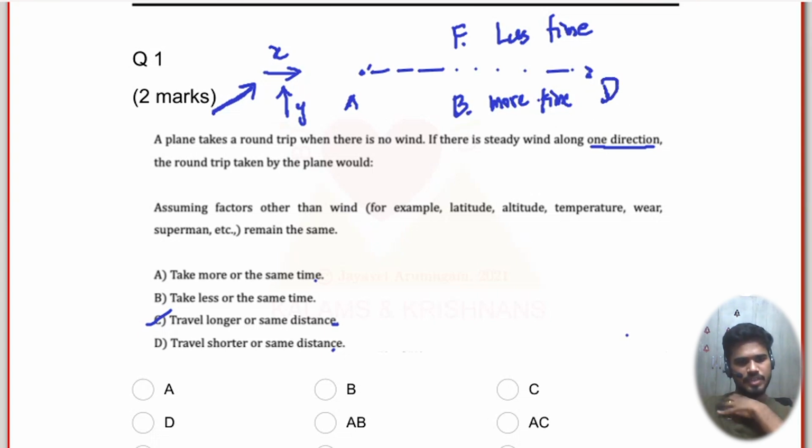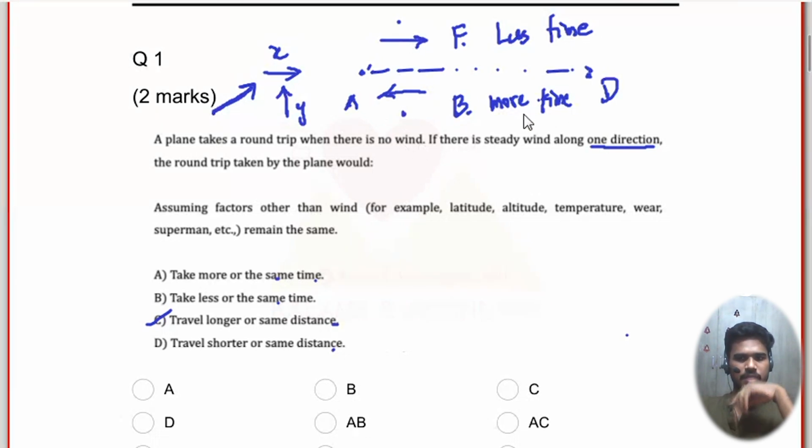Wind direction is perpendicular, then a 45-degree path will be taken to go straight. Yeah, extreme cases. Again, you could make it the same time, but we should argue it for any direction. The extreme cases are kind of over here. So for example, like this, wind like this, plane is traveling this way, it's going to take shorter time because wind is aiding the plane. Plane is on its way back, wind is against the plane. So whatever time you save here, you lose some time here. Question is, which one is comparatively higher?